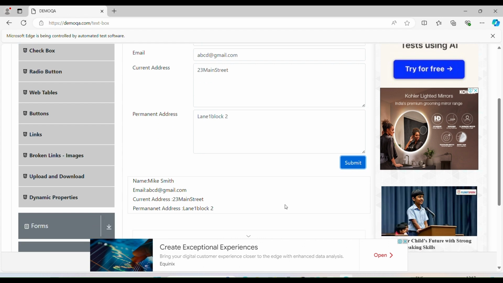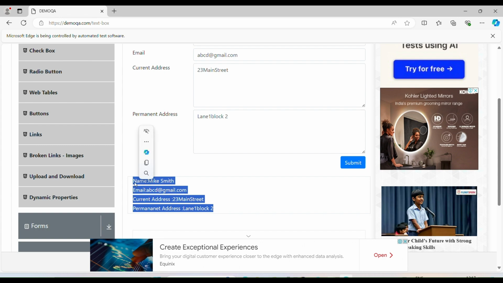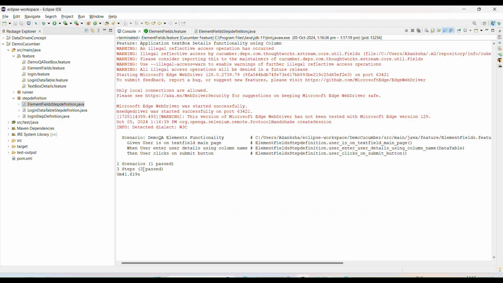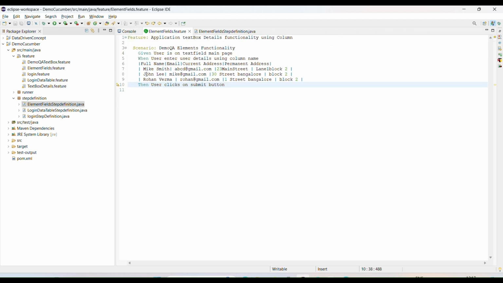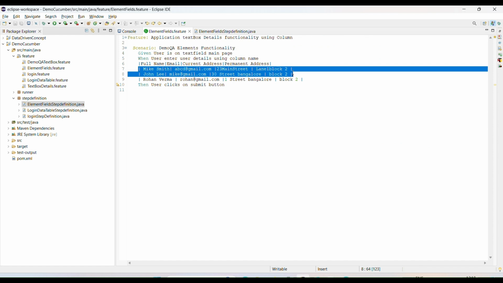So we added the zero index data inside all these fields. And see, scenario 1 passed, 3 steps passed. Everything is clear, right?